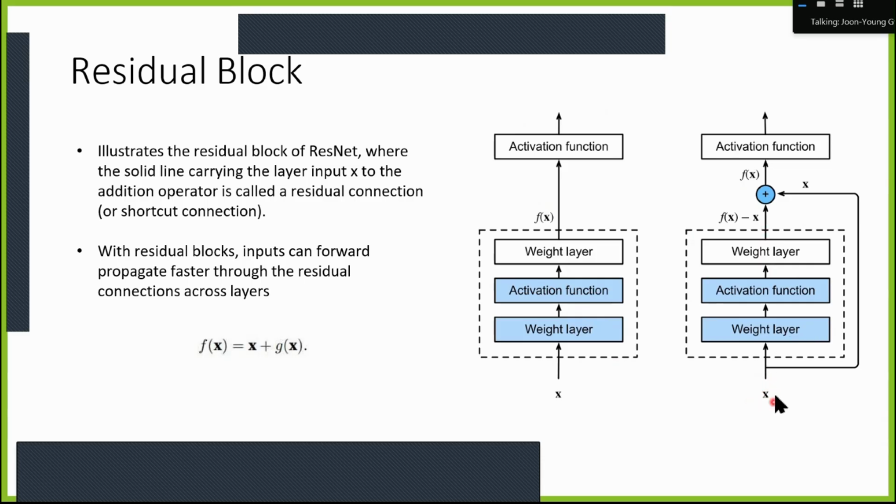Whereas the input is directly being passed through a connection, which is a skip connection or residual connection, and then they are aggregated afterwards. So this can be understood as the function itself, the weight layer itself,